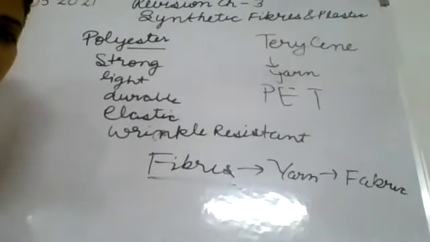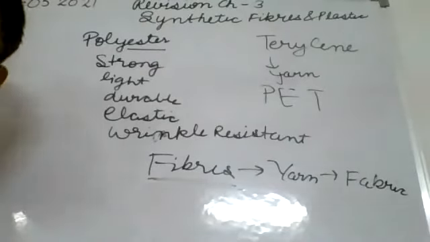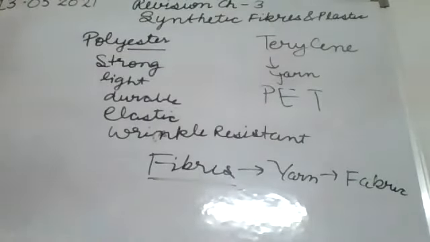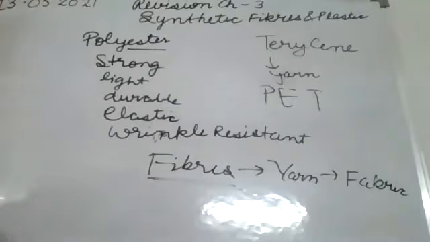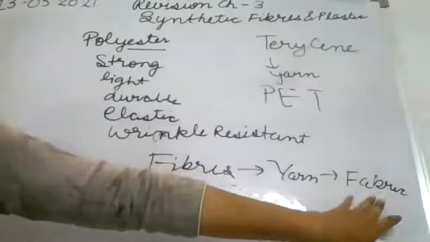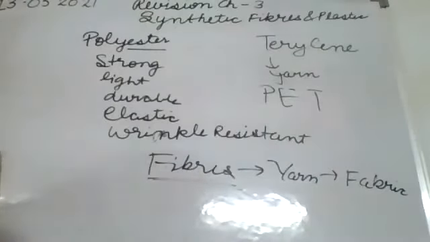Yes, Yashpreet. मैम अगर हमें पूछा जाए एडवांटेजेस ऑफ टेरेलाइन तो हम पॉलिएस्टर की एडवांटेजेस ही लिखेंगे. Yes, you can write that it is used for making fabrics, and it is also used for making dress material. In dresses, it is also used, and it is also used for making shirts. If we are talking about yarn, that means there are so many types of fabrics that are made from it. Clear?